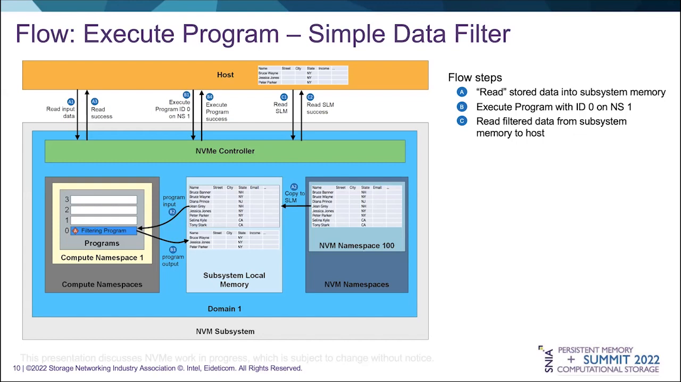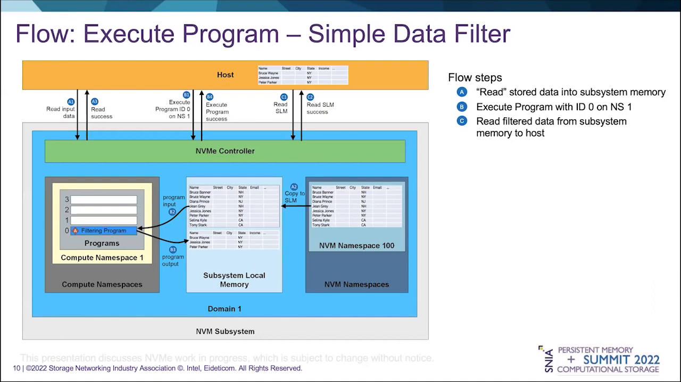Once we have our input data in subsystem local memory, we can execute a program against that data. And so that is the B command in this particular example, where the host tells the NVM subsystem through the controller, I'd like you to execute program at ID 0, which on this particular namespace is a filtering program. Execute that program against data that's stored in this region of subsystem local memory. I'm not going to go today into all the details of how we specify that, but that will be specified in the standard. And then you might also say, and I'd like you to put the results somewhere else